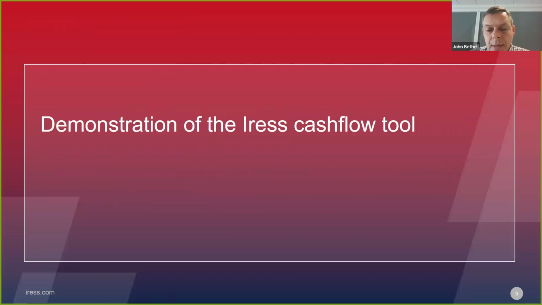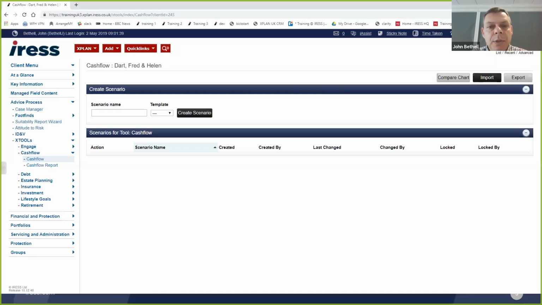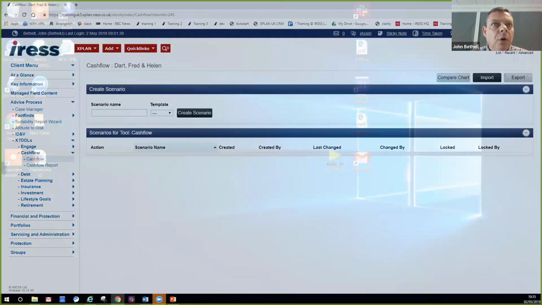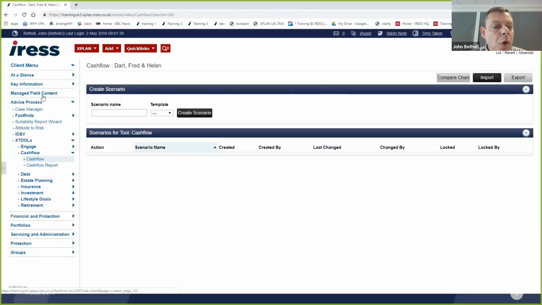And as we do that, there are parts that I'll pick out. The first point I'll bring out is the benefit of the cash flow tool being embedded within the X-Plan system. When we think about the client journey, we'd go through, for instance, the fact find, and you'd input into X-Plan all the details from your fact find. Once it's in the system, we then look at IRESS to manipulate that information as much as possible and get the best value out of it to save you rekeying. So the immediate benefit is you've keyed it in one place and we can then use it again.